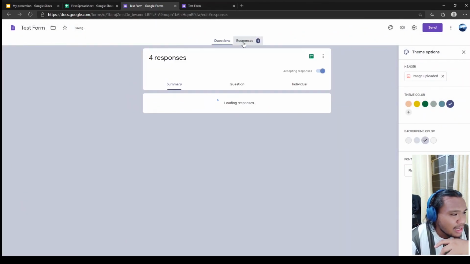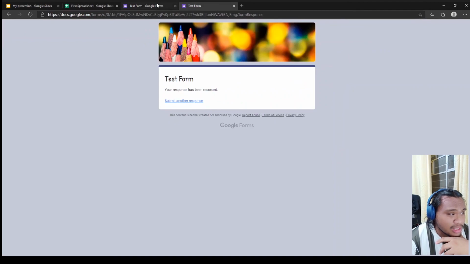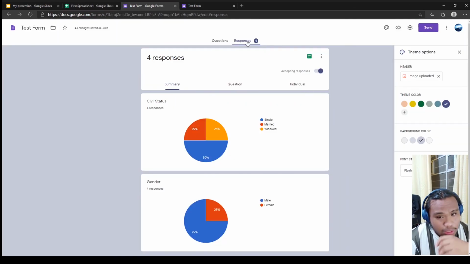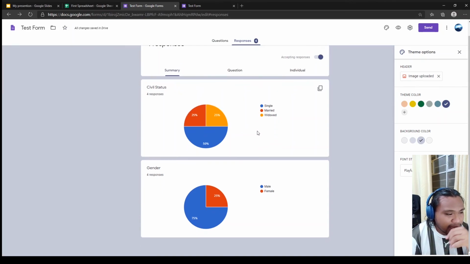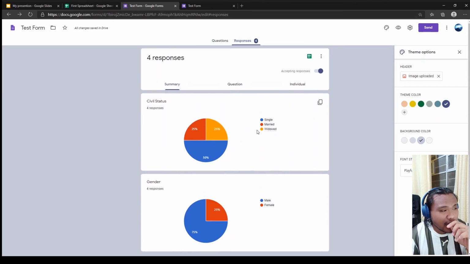But here we have 4 responses from the test responses earlier. And this is what's really nice about Google Form. It'll automatically make